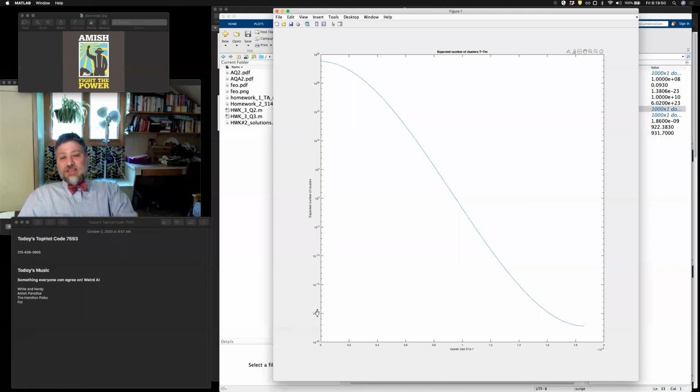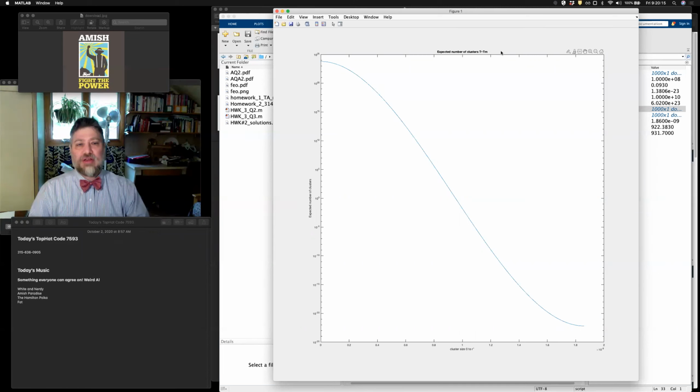That means I essentially would need a mole of moles to find one nucleus, right? So that just points out